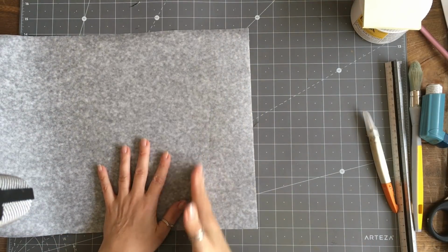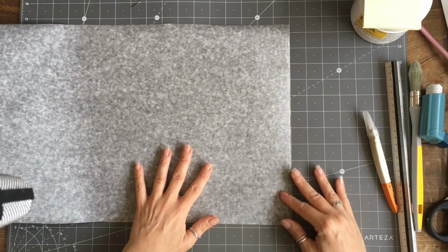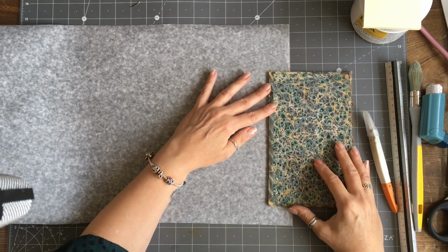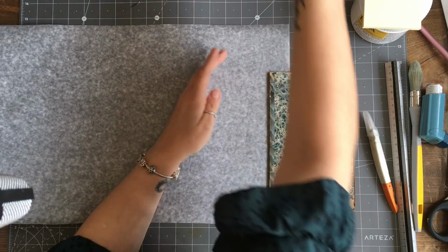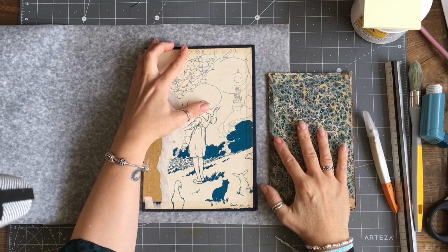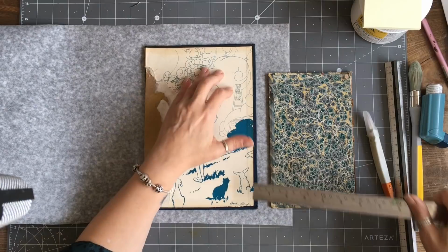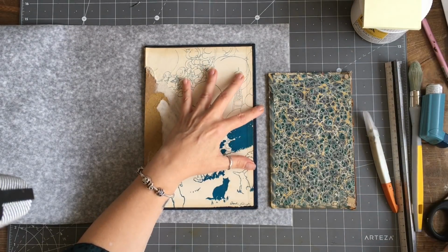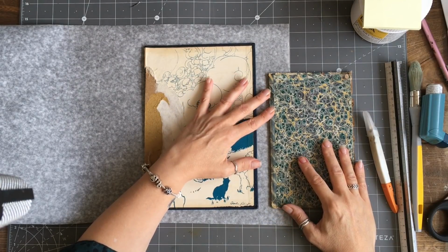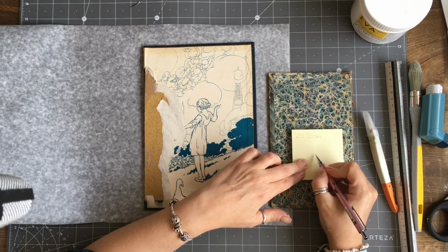This is way taller than I need, but I'm going to start by cutting the width. Now for this one, I actually want a bigger gap because it's going to have to close over the front cover. I'm thinking at least a 2 centimeter gap. It might be too much. I don't think it will be. So for this one, I want the 2 centimeter gap